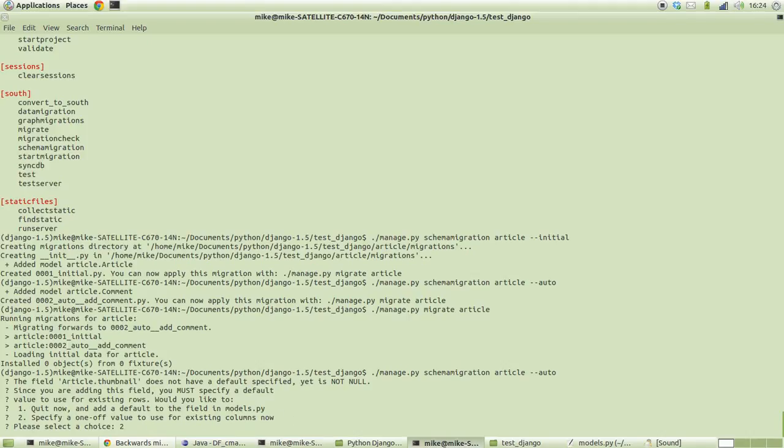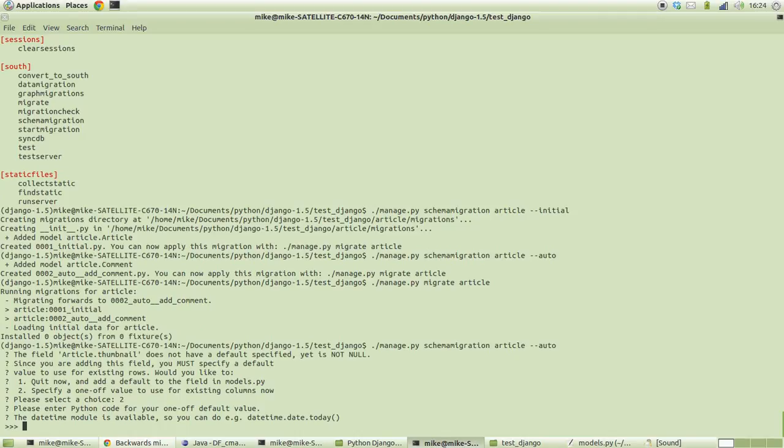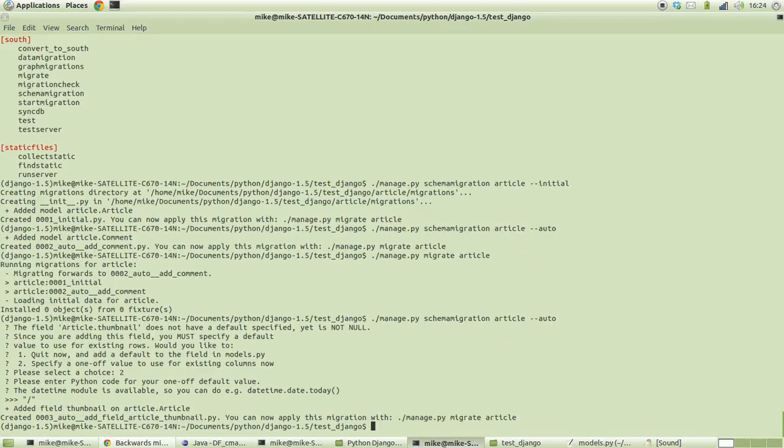Well, I'm going to cheat and go with option 2, and I think I'll just put a / in there. Okay, so then it said added the field and then created the 0003.py,